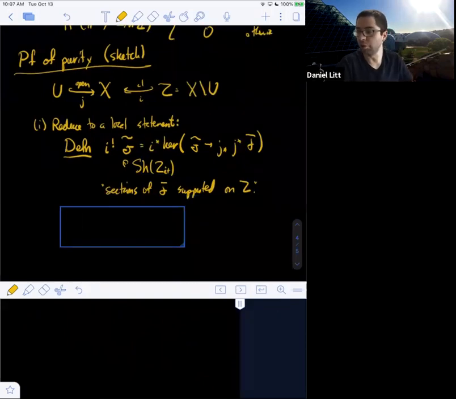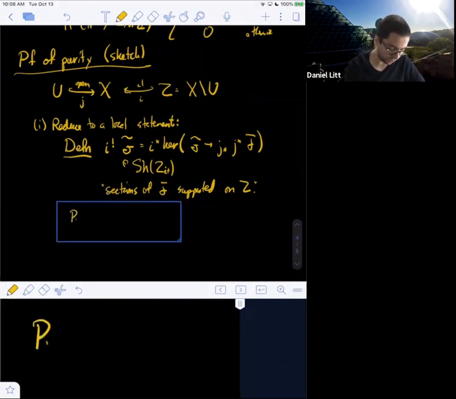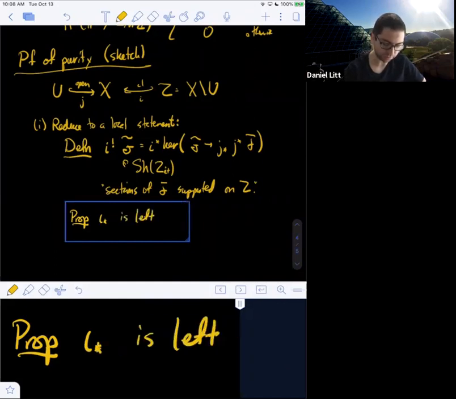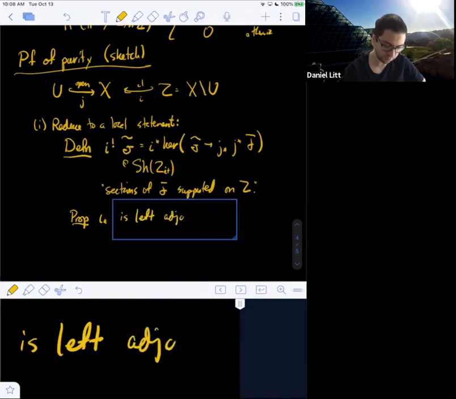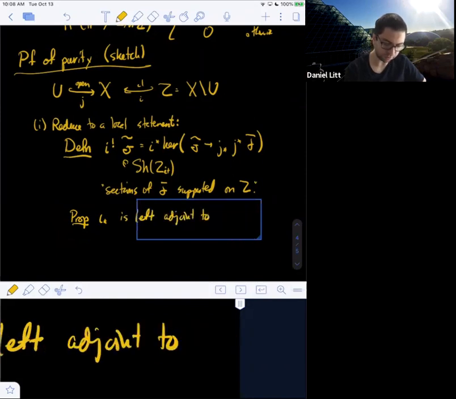All right. So what we're going to do is study this functor a little bit and use it to give a local version of the statement we're trying to prove, which will then imply the global version. First of all, let's just try to understand where this comes from. If you've seen Verdier duality before, then maybe the following statement won't be so surprising. The statement is that I lower star is left adjoint to I upper shriek.